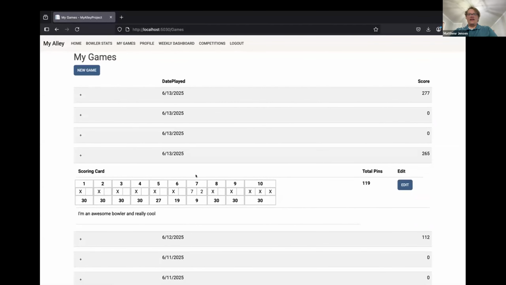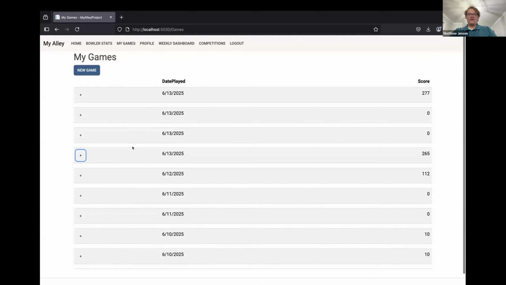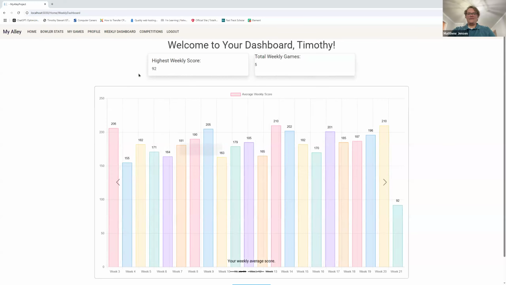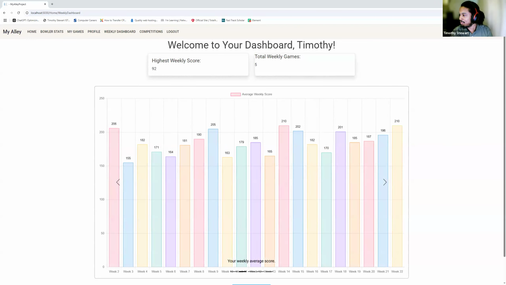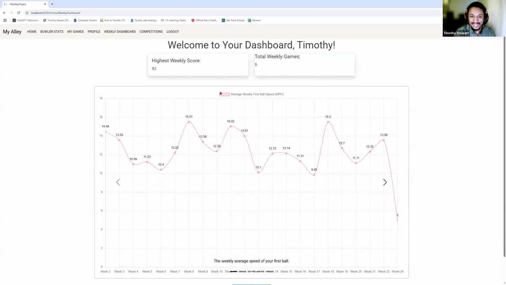So we've got our bowling games, but now we want to track our statistics. And for that, I'm going to let my partner, Tim, take that away. Can everyone see? Okay, cool. So I love to bowl, and I always thought it'd be cool if you could see how you do over time, your different statistics. So I found a chart library, Chart.js, which lets me plot our scores and our